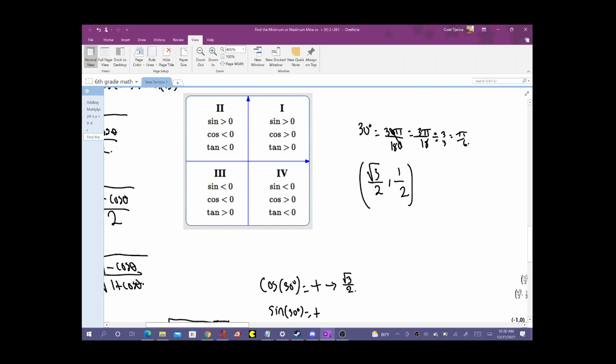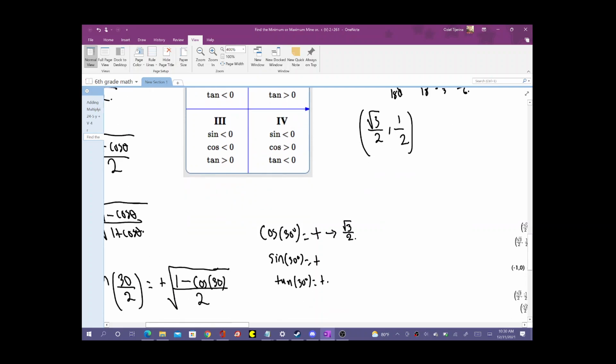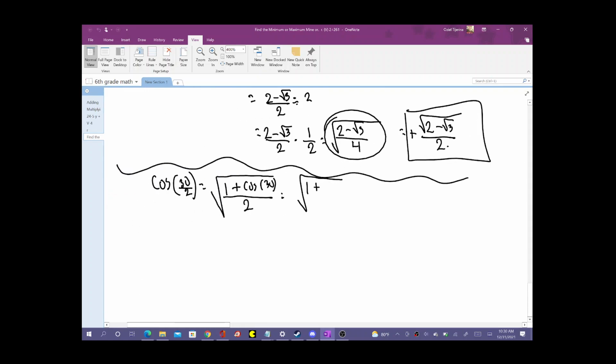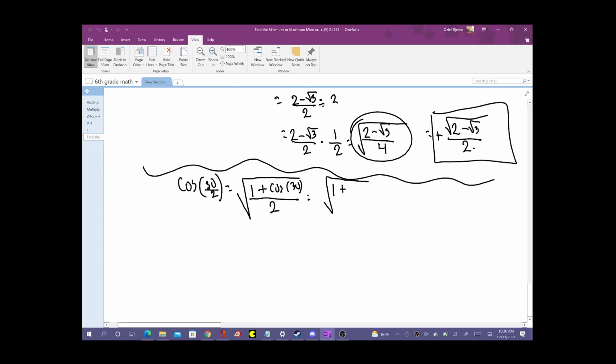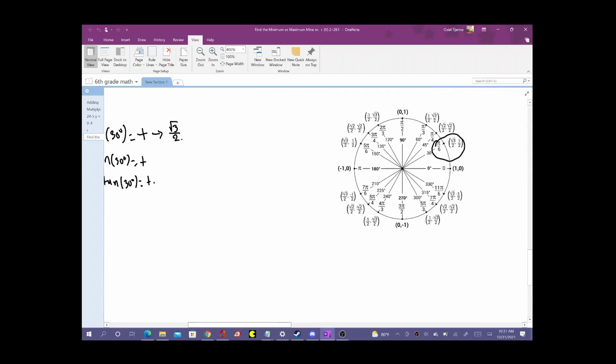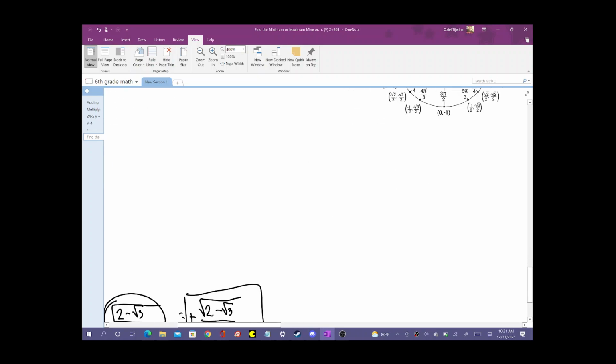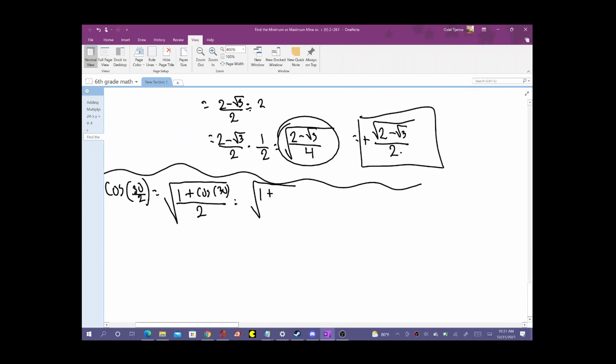Okay, so basically, it's 1 plus cosine of 30, and then all over 2. So the cosine of 30, we look back at our unit circle, the cosine of 30 is the x value, so it's going to be this one right here, the square root of 3 over 2. So we're going to put the square root of 3 over 2